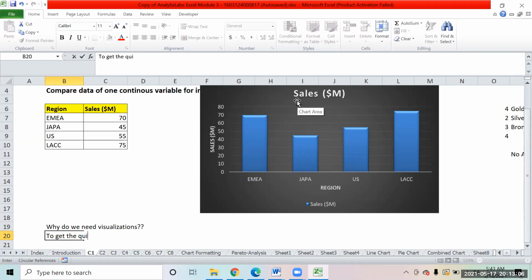It's a human trait that we remember visuals for a longer period of time as compared to textual data. Also, when you create a visual, it gives you the information in a very concise way, and you can quickly absorb it. For example, if you see a chart of population among the countries, you will get to know very quickly which country has a high population and which country has low population.